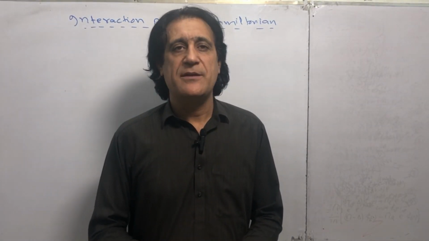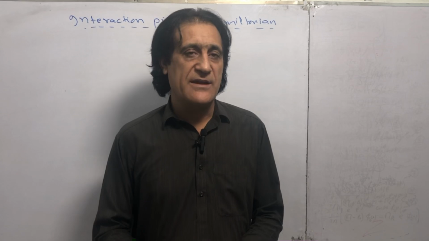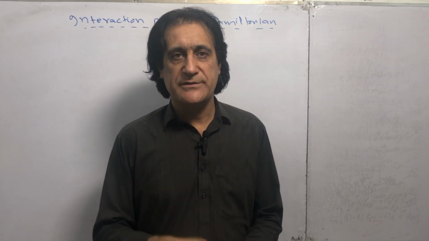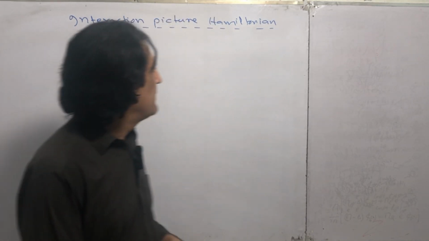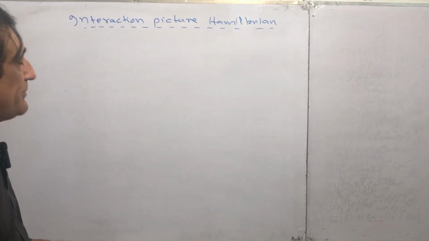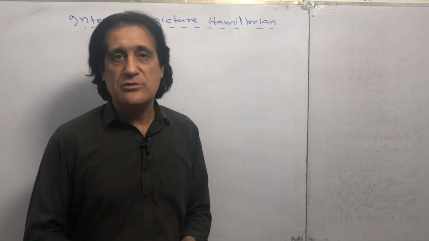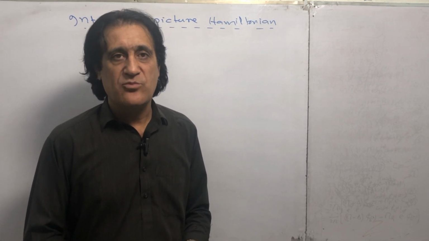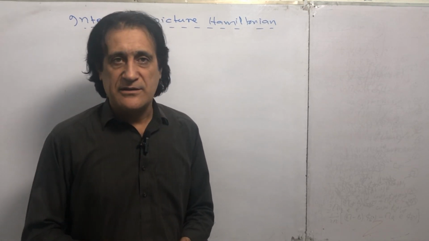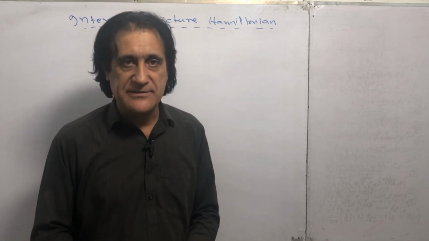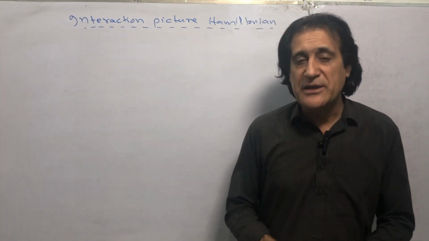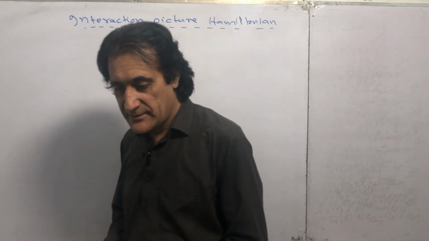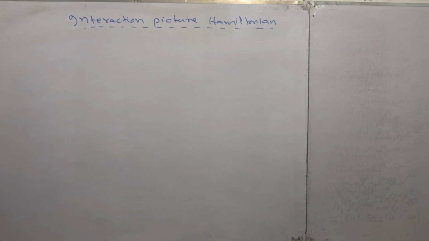The interaction picture Hamiltonian is a way to find the total energy of a system. This interaction picture Hamiltonian plays a very crucial role in atomic systems when a field is interacting with an atom. So how do we derive this interaction picture Hamiltonian? I would like to start from a very